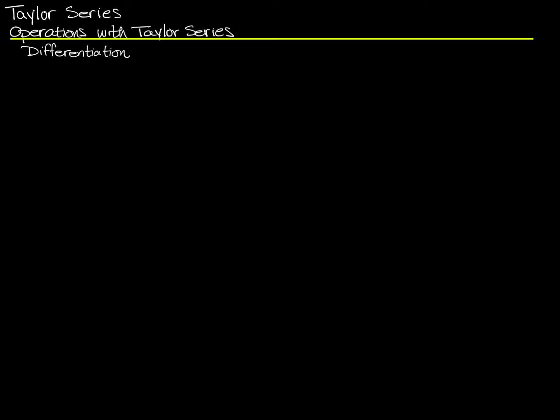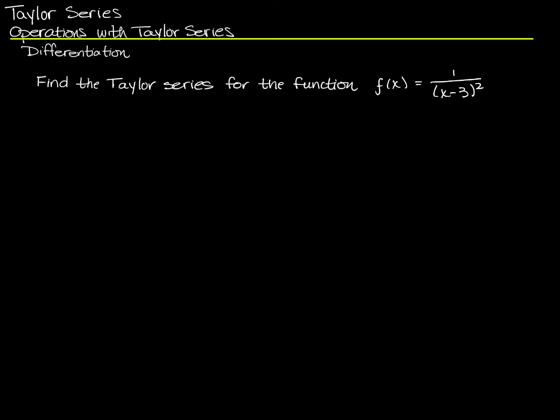In this video, we're going to be looking at using the idea of differentiation, the idea of a derivative, to find a Taylor series for a function. We're going to start with the function f of x equals 1 over the quantity x minus 3 squared. We'll find its Taylor polynomial based at b equals 0,